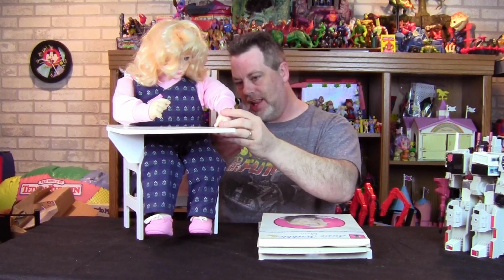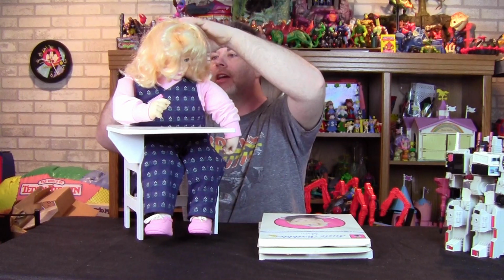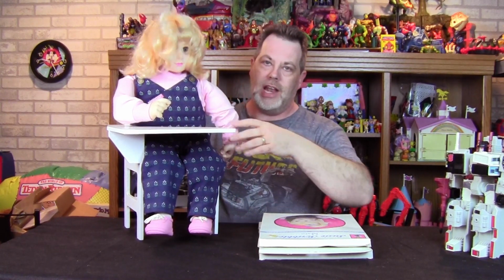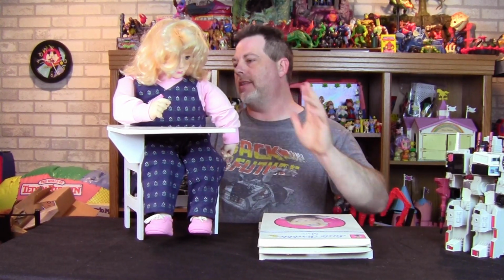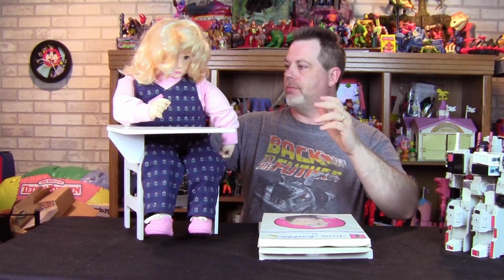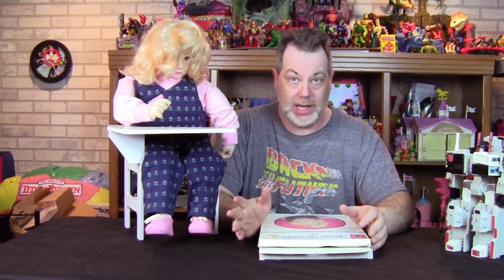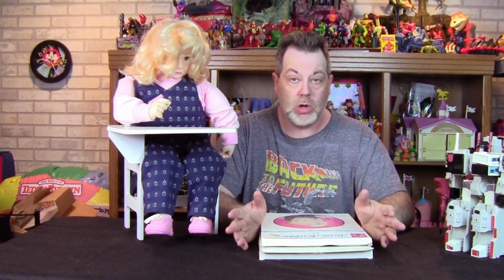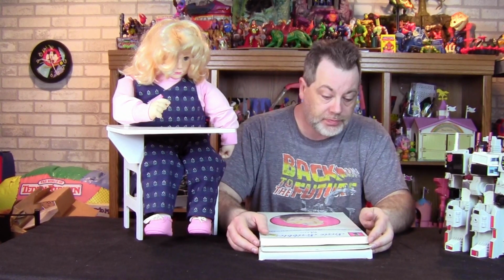And I adore her. I don't know if the snap for her neck is broken, and I don't know if she moves up and down, because she doesn't hold her head up. She should. And I think there might be something in there that's kind of snapped off. But I will have to get her off this chair, and check her out and see if I can fix her. She doesn't work. They assured me they tested her. She did work. So again,